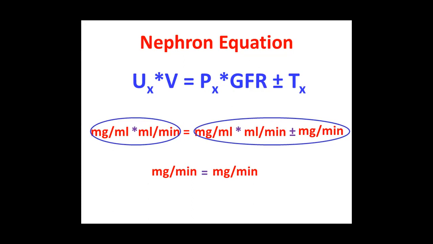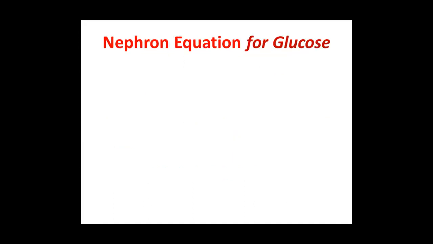You may wonder why I am telling these very elementary, school level things. But again, this is very important. When we come to the subsequent discussion, even this simple elementary thing can play havoc in understanding of tubular function. So, the nephron equation I have shown you for any substance X. Now, let us rewrite this nephron equation.